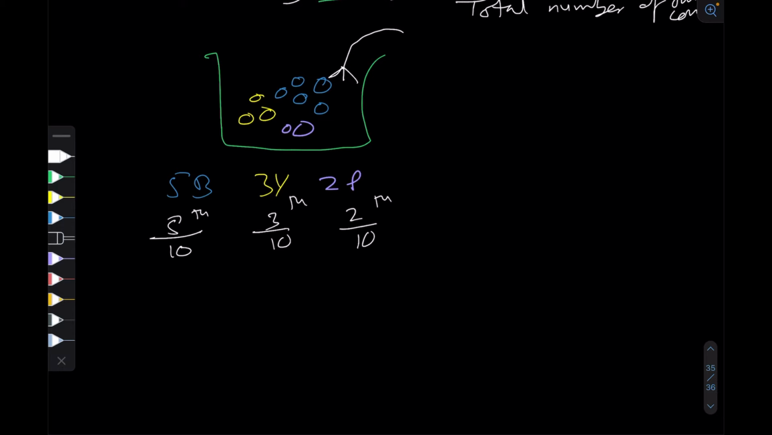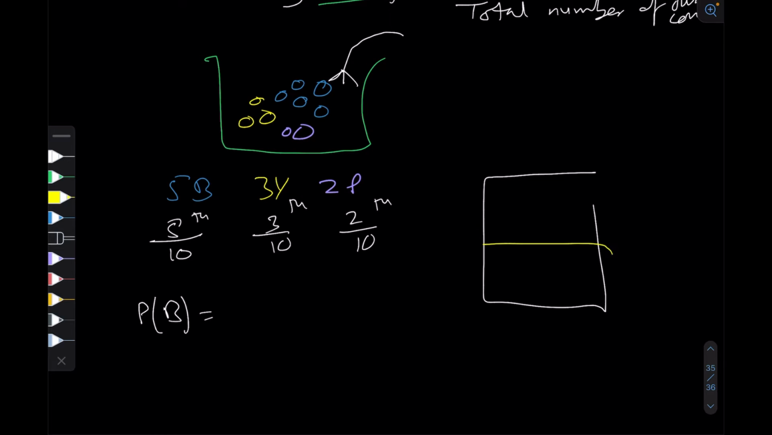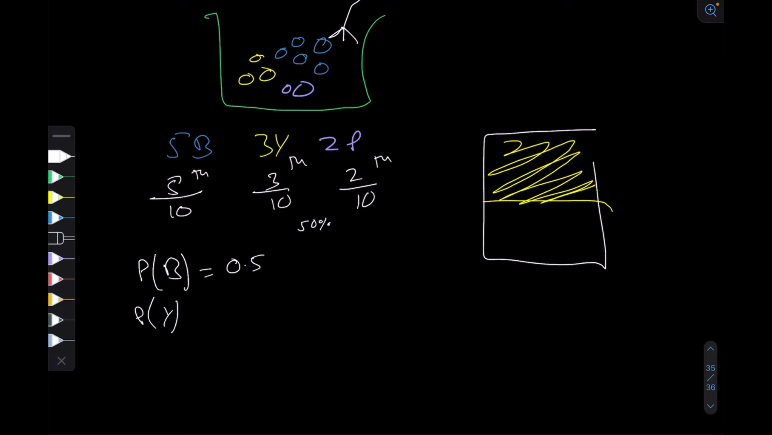So if I want to find the likelihood of the person picking a blue ball, if you have this entire sample and half of that sample is blue, or what you want, then there's a 50% chance that you will get a blue ball, simply because half of the entire sample is blue. So if you're putting your hand randomly out there, there's a 50% chance of getting a blue ball. In other words, the probability is 0.5, right? And by the same logic, the probability of yellow would be 3/10 or 0.3,